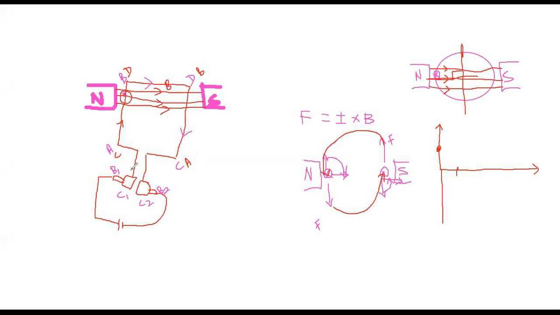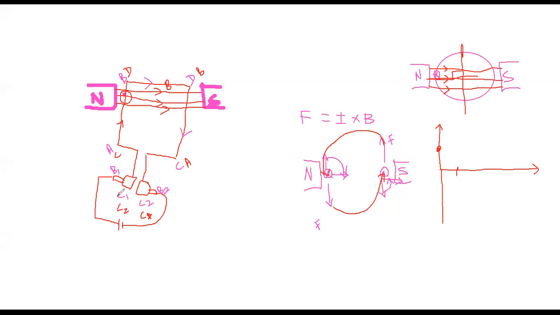Now, with respect to this coil, the commutator segment also will be rotated. Whereas in the case of an AC generator, the slip ring will be available. In case of DC, we have a commutator, right? In case of AC, the slip ring will not move, whereas in case of DC, the commutator will rotate with respect to the brushes.